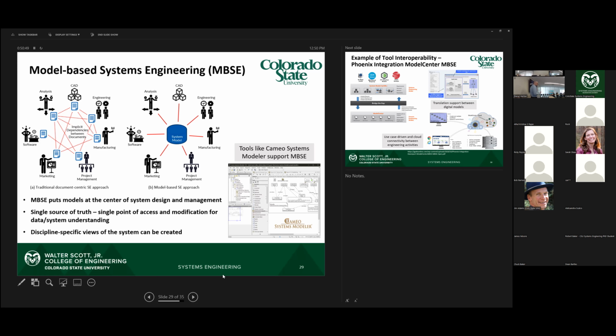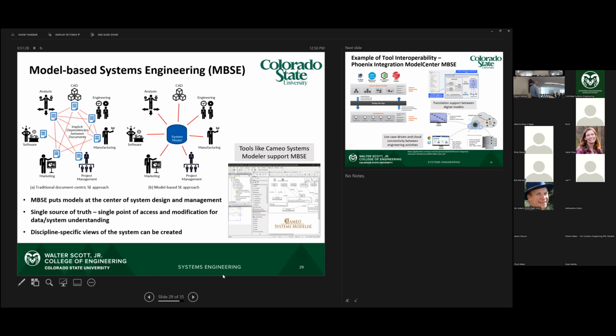The model-centric approach, which model-based systems engineering is proposing, is putting a system model at the center. And if we think about what we were talking about on the previous slide, having ways for those tools to interact, now there's a common pathway, a single source of truth. There's a point where you can communicate between these tools potentially more effectively. So an MBSE-like approach can help standardize what's in the system so that everyone has a common picture, but also potentially facilitate that communication, that transfer of data and other pieces of my system definition between these different tools.